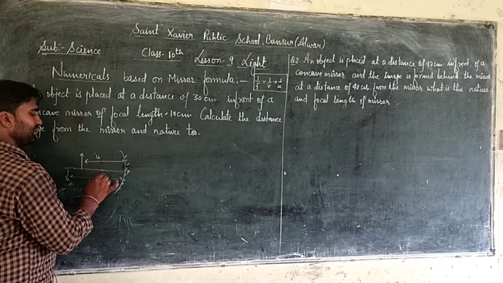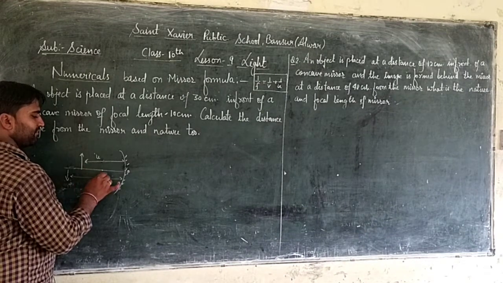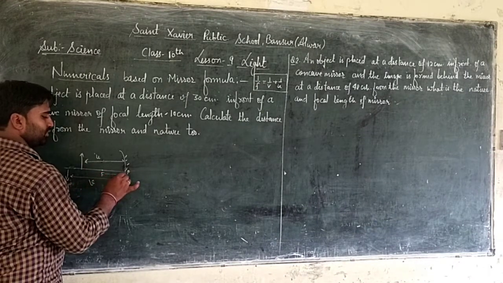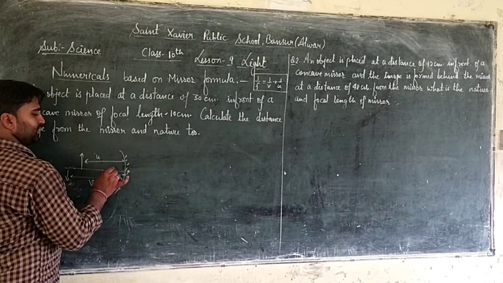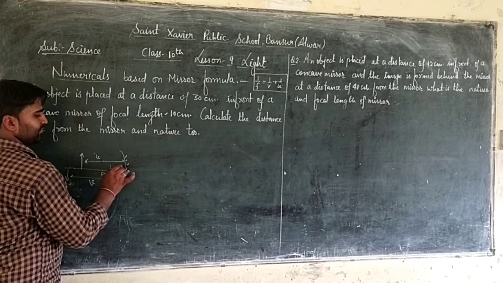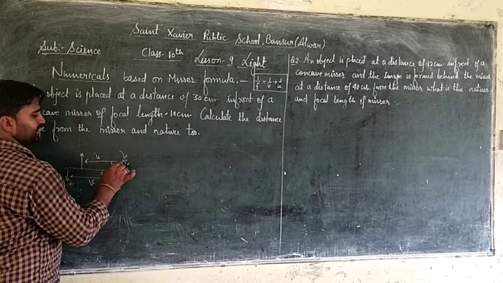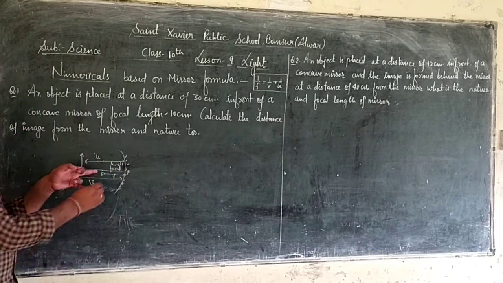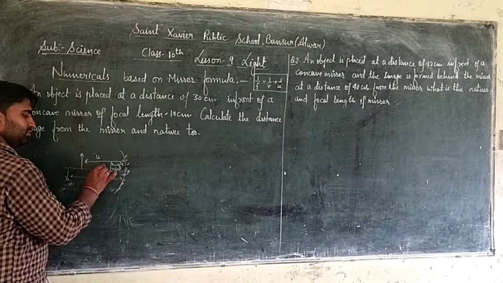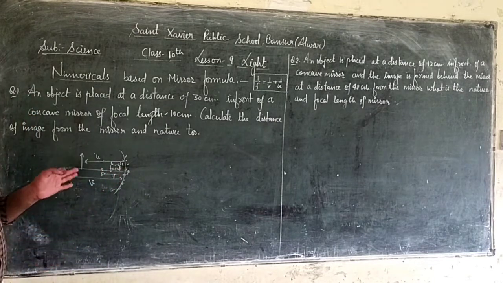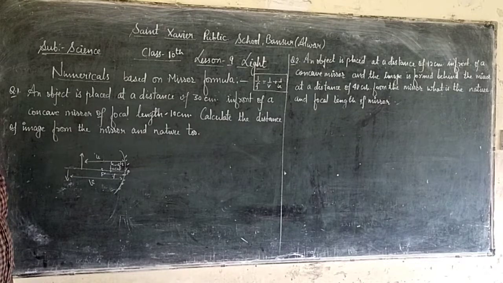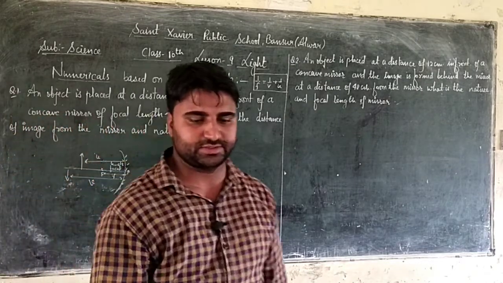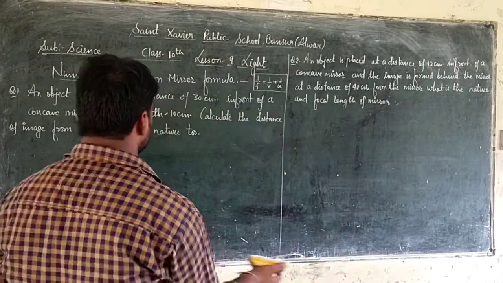You know very well, here if I have the focal point F, then this distance from the pole to the focal point is the focal length, represented by small f, okay. The distance from the pole to the focal point is measured by small f. Focal length is denoted by small f, okay. Next thing,